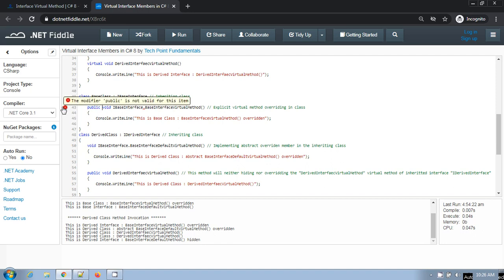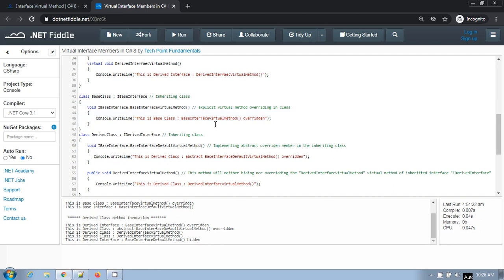See, modifier public is not valid for this item, right? So please make sure when you are making any definition explicitly in the derived class, you can't have any access modifier at all. So this is the explicit overriding in the class.